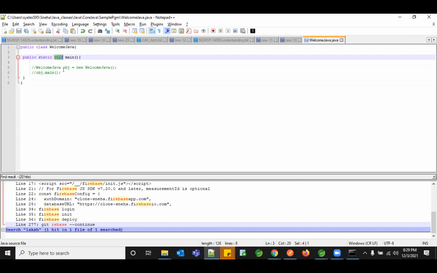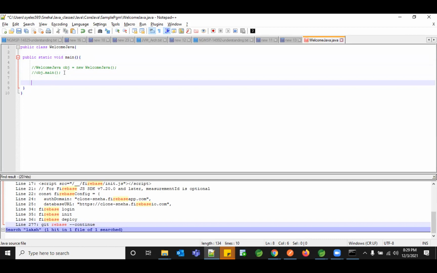And why do we have void? So what is void? If you have something like A plus B, say 2 plus 2, it has to give you an answer as 4. It has to return something, right? In the same way, this driver will not return anything, but it will execute all your instructions. That is why we have this method with a void return type.